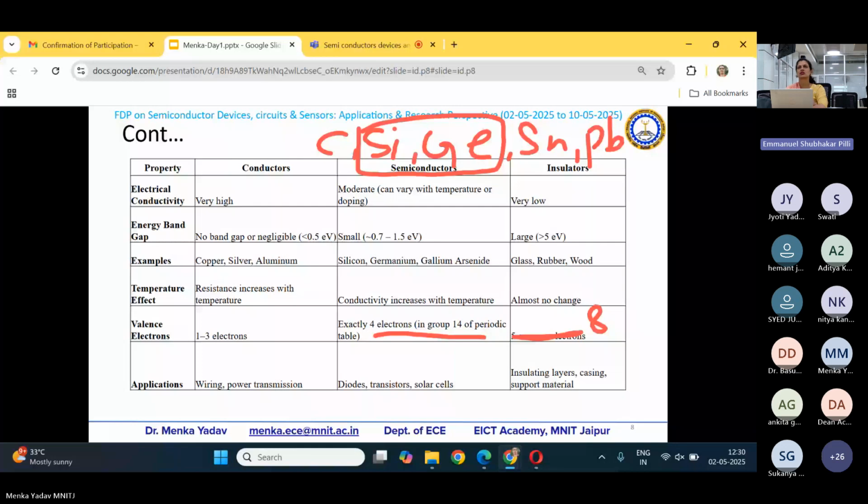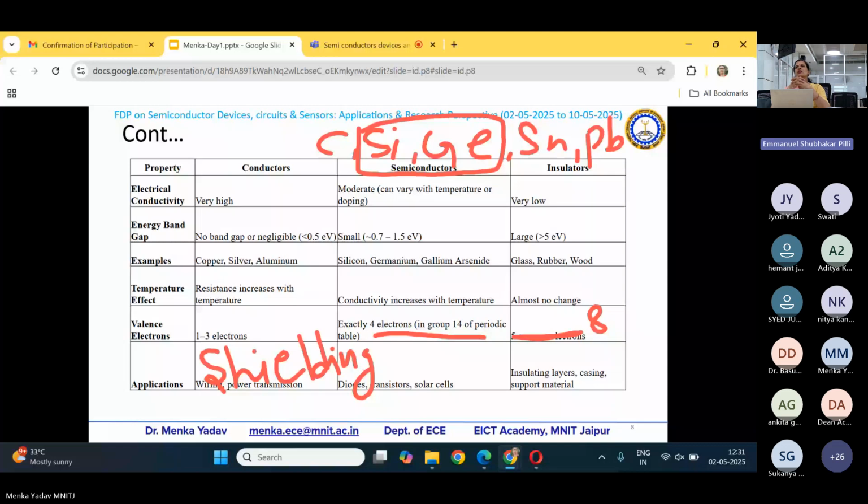Shielding means stopping the other type of electromagnetic waves from entering into your space. So dome-shaped rooms can be prepared completely with the help of conductors. They will stop all the electromagnetic waves which are coming, and all the equipment inside that particular shield will be free from any kind of radiation, willing or unintended hazards.